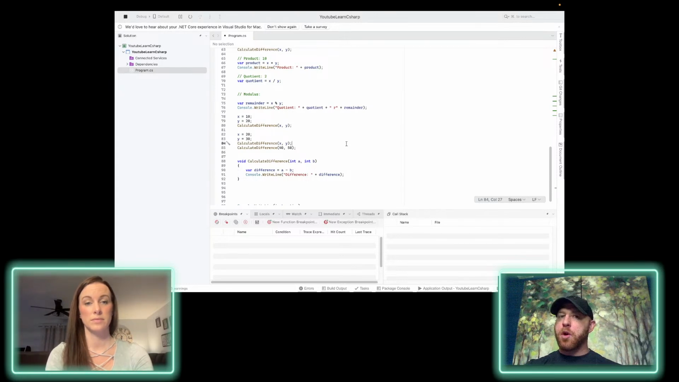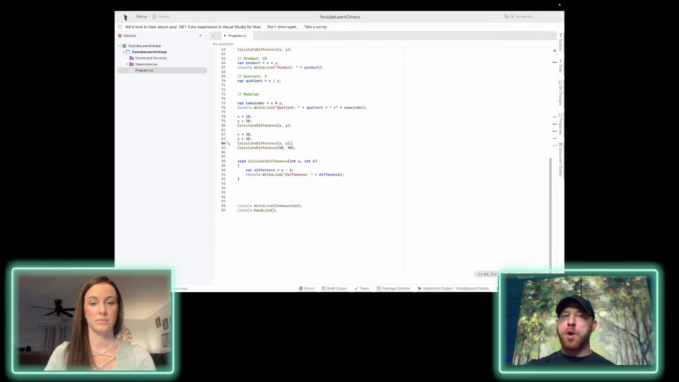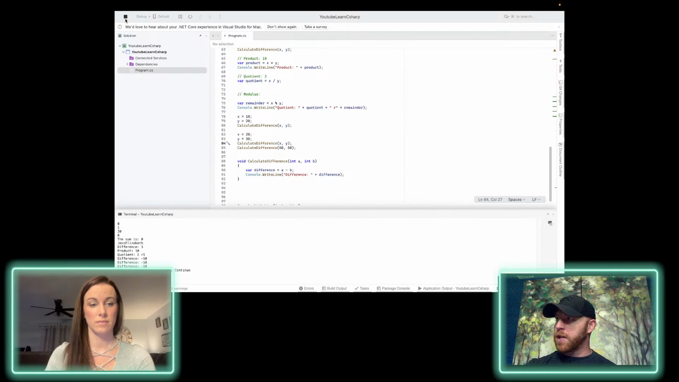If we run this program, go ahead and run it so we can see what it's doing. We're going to get a bunch of difference, colon, space, somethings, right? Yeah, I got a bunch of negative 10s. Yeah, because we did 10 and 20 and 20 and 30. We probably should have done a couple different things here. But the point is,